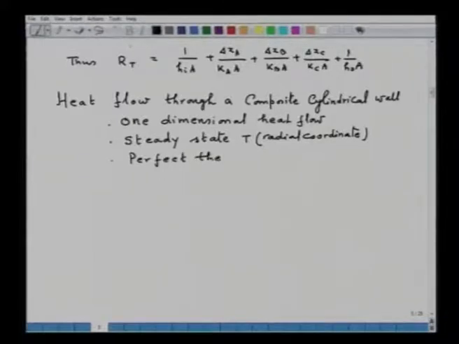Perfect thermal contact. However, it is easy to assume over here, but it is very difficult to maintain a perfect thermal contact, because the surfaces of the refractory will always be rough, and as such a perfect thermal contact can be achieved nearly, but cannot be achieved in an absolute sense. Now, the reason why I am mentioning this is because if there is not perfect thermal contact, there will be an air gap. In the calculation, we will consider perfect thermal contact and hence no air gap.